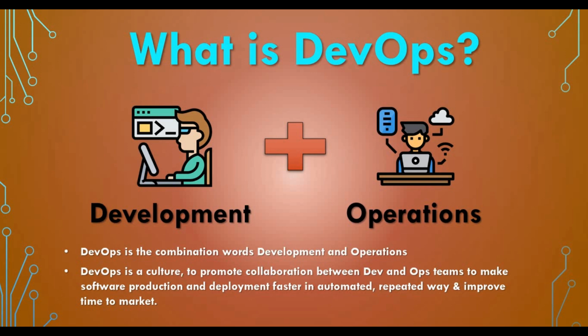Because usually there is a development team and an operational team, there is always friction. Once the development team does something, when it gets deployed in production, the operations team always says we don't want to deploy because it may impact production. The development team wants to do it, so there is always friction. That is where the collaboration between the development and operation teams comes in.